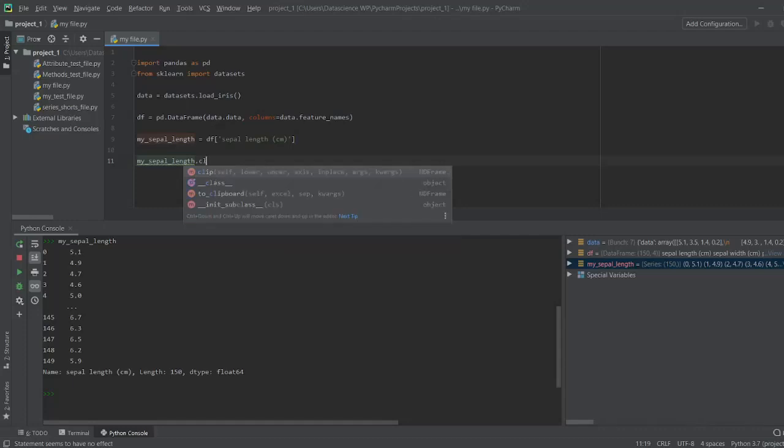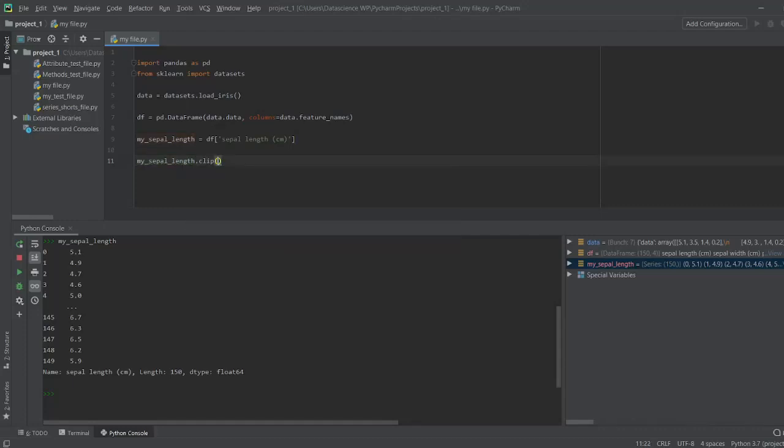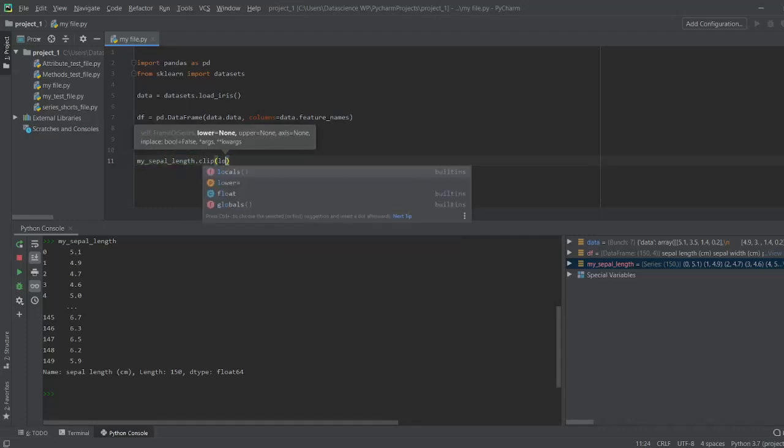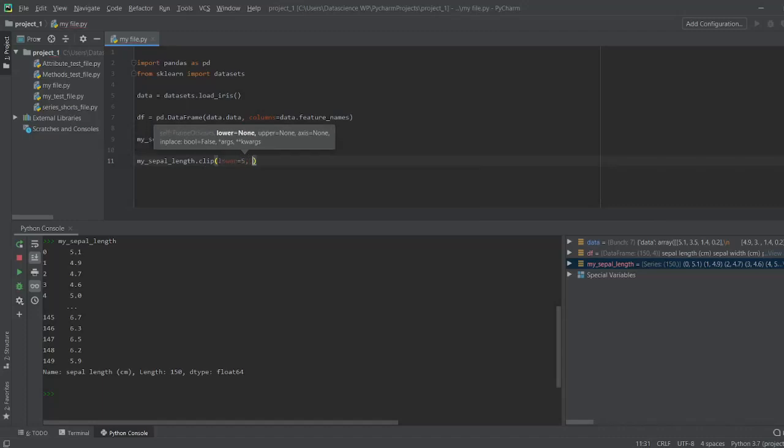So now let us first apply this and then I will explain about it. We'll say clip, and the first parameter that I'm going to give is the lower value. We are going to set 5, and the upper value we'll set to 6. Now let's run this. Now you can see that all the values which were less than 5 have been replaced by 5, and similarly any value greater than 6 has been replaced by 6.